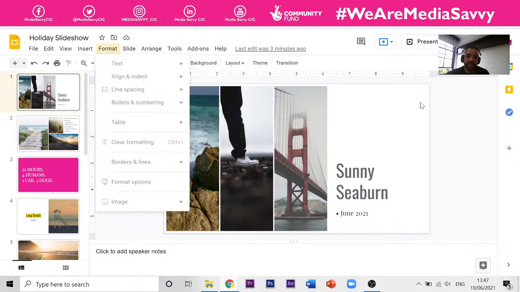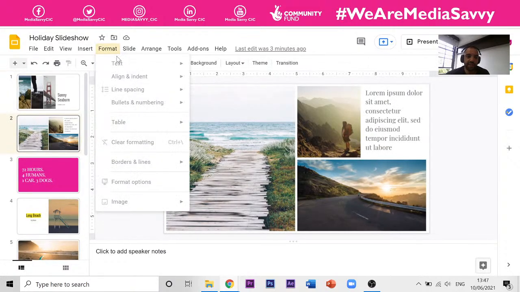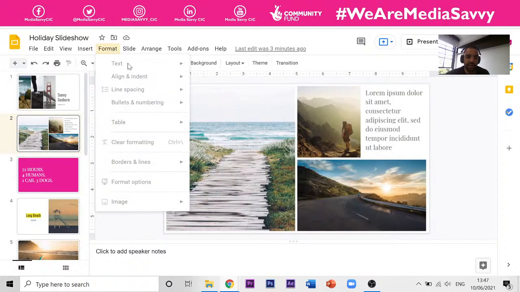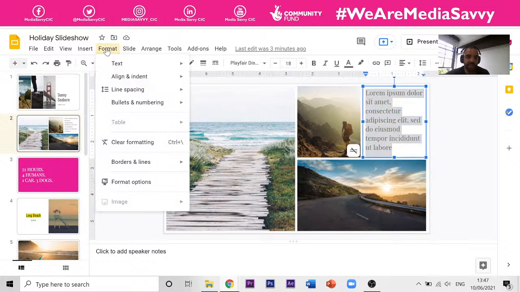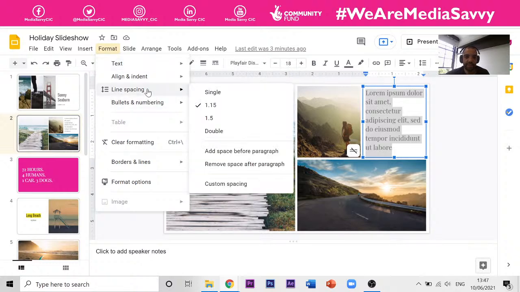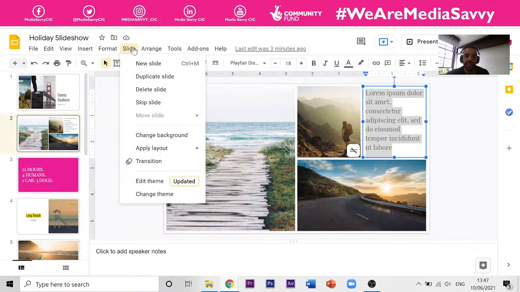So format is how we present our text and everything. I'm not sure why that's not working at the minute, but maybe if we select our text, yes, then we can mess about with our format. We can make it bold, underlined, and stuff like that. Mess about with the line spacing if we wanted to. Give it page numbers or bullet points and things like that. All right, and then this is a slide. So in Google Slides,